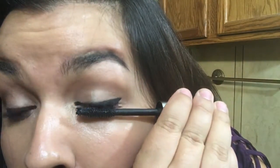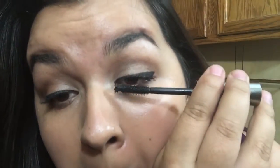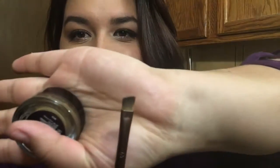I'm looking over and checking everything. Yep, see, I tend to close my eyes. I like getting right at the root and coming all the way up. But there's a downside to it, because the moment I do that, and especially if I don't have any eyeliner on, it's easy if I have eyeliner. But if I don't have any eyeliner on, I tend to smack myself in the eye and then run my shadow. If I don't have any liner, I am now doing